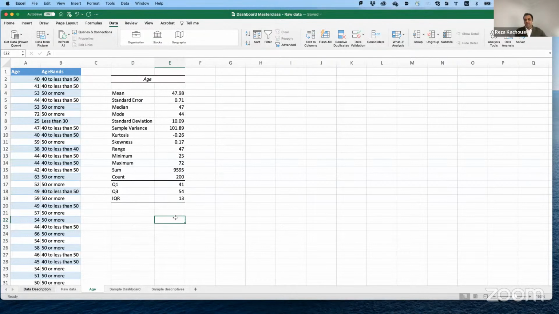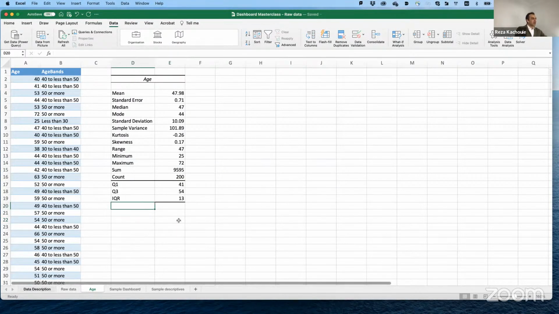So that's one part of doing the descriptive statistics. Then you can do some outlier analysis. Hopefully it is not too boring for you, if you already know this stuff.